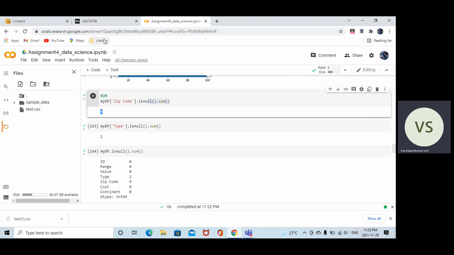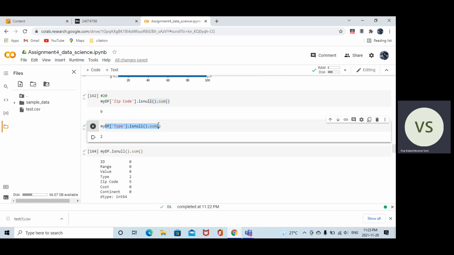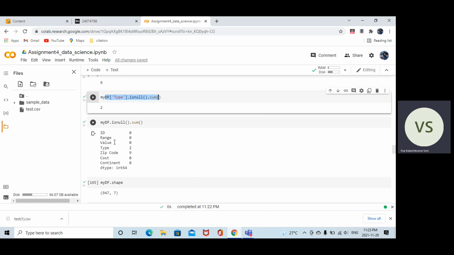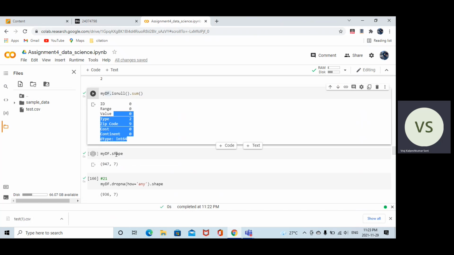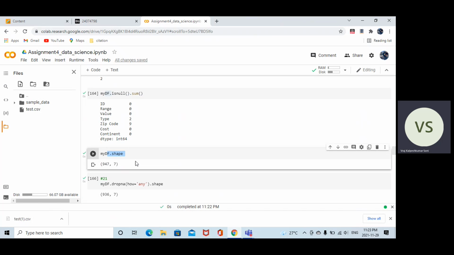So it says 9. I tackled it this way, and then I'm going to check the type value same as zip code, and I got this. After that I summed that up with my df column, and I got this as a result. After that I used my df.shape just to get these dimensions, and it is working perfectly fine for me.